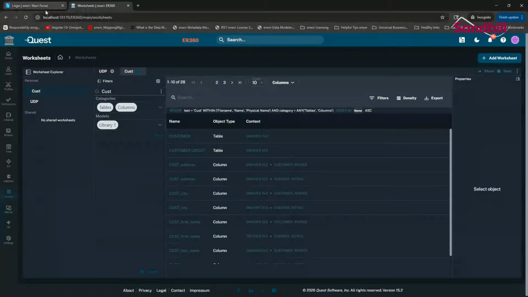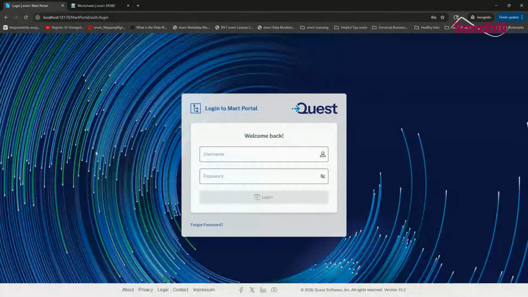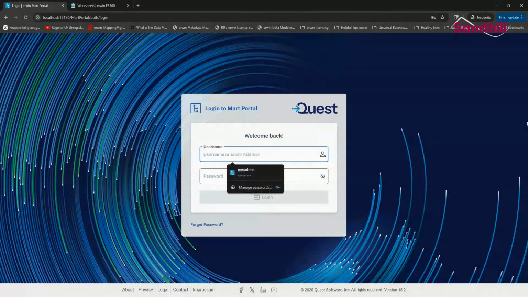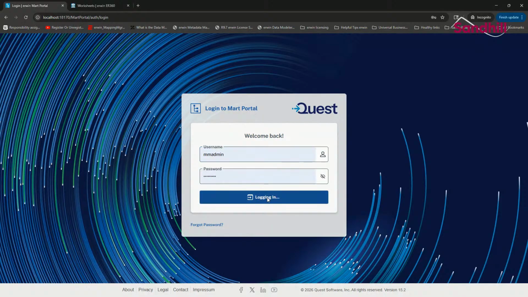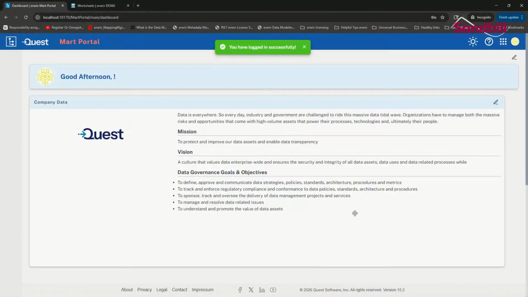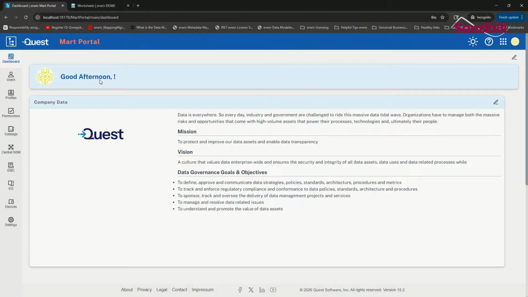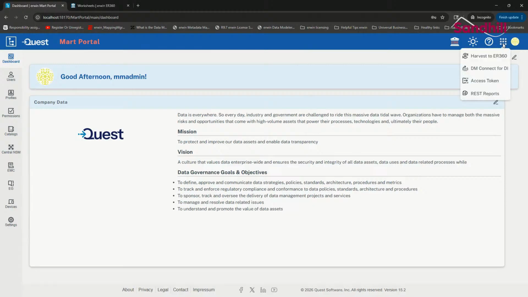So the question on how to harvest from the Mart to ER360. All the harvesting occurs through the Mart portal interface. So I'm going to just log in. This is the Mart portal. Over to the right, there's a waffle or an app here. And if I select harvest to ER360,